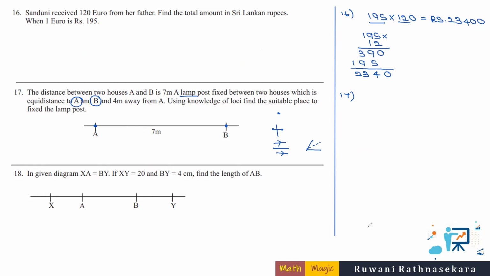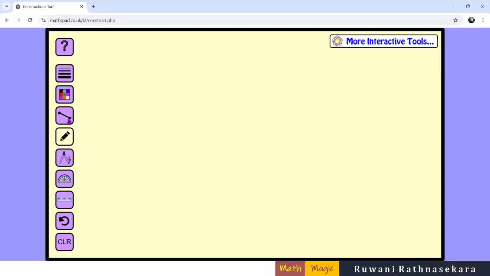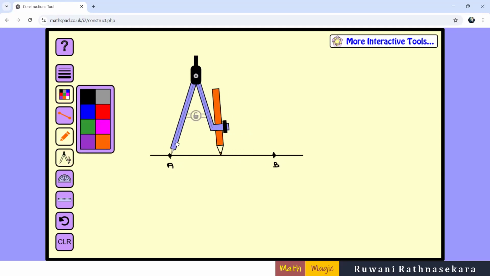Right, let me explain it to you properly, sharing my constructions pad. I think you can see my constructions pad now. In this question, A and B are 2 points which are 7 meters apart from each other. Two houses are always 2 points. Right, first condition is that you have to locate the lamp post equidistant from the two houses. As the two houses are 2 points, the locus for 2 points is the perpendicular bisector of the line connecting the 2 points. Even though you don't have enough space on the paper itself, you must perform these construction lines